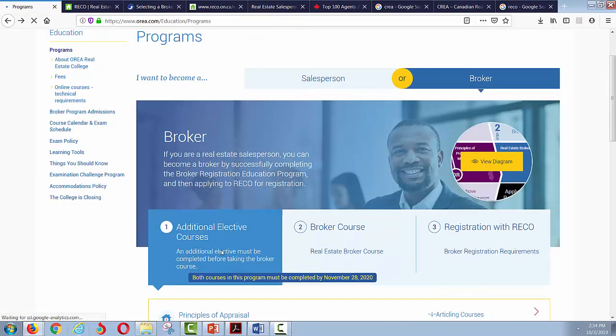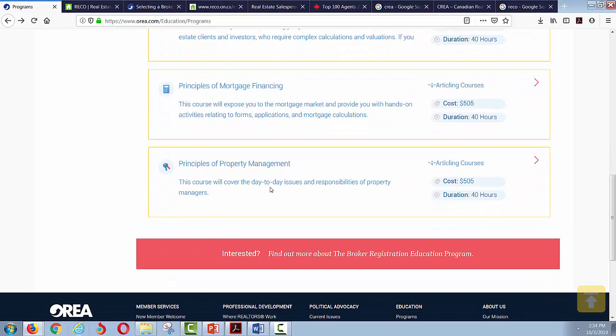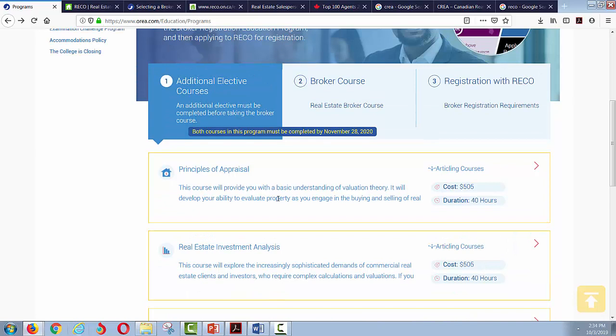But as you can see, it's not that cheap. There's a bunch of courses involved, and with the courses involved, there's a bunch of costs. By the end of this, once you pay for all the courses and you get into choosing a brokerage and paying the brokerage fees, and then paying the fees to be affiliated with a local real estate board, because you have to be affiliated with at least one real estate board, this is going to cost you up to $6,000 and change to become a realtor.